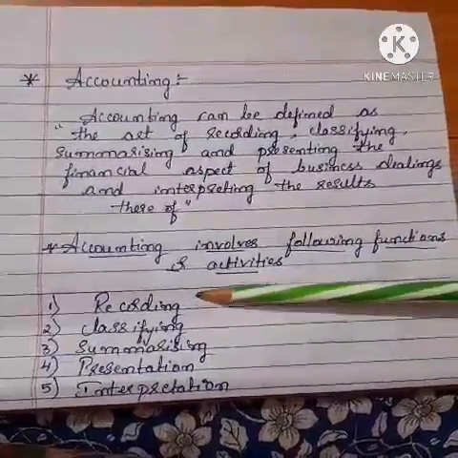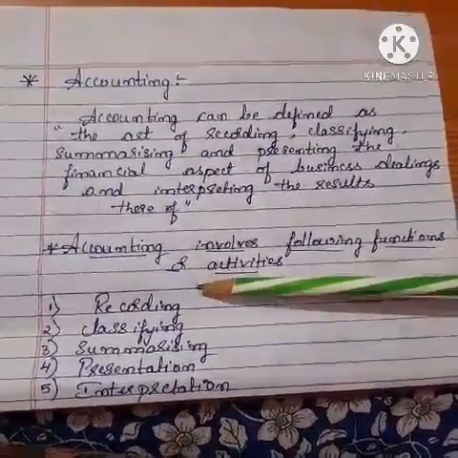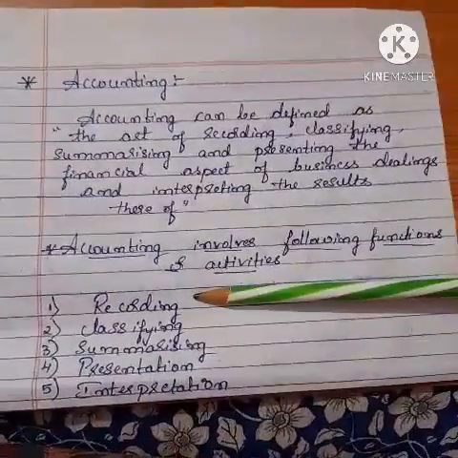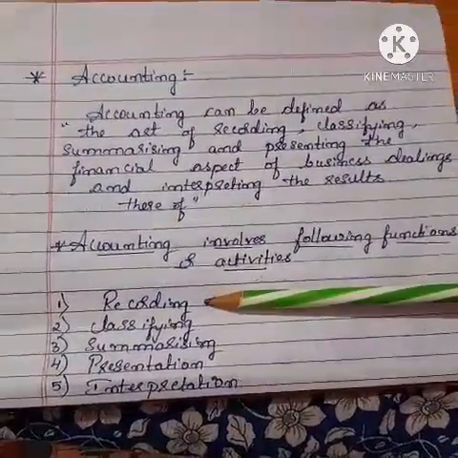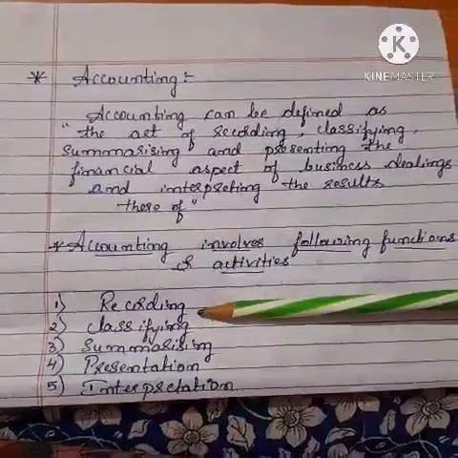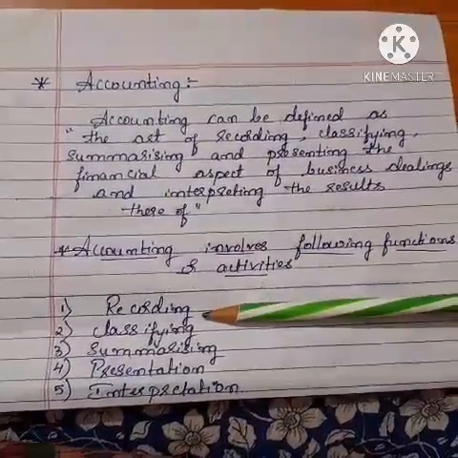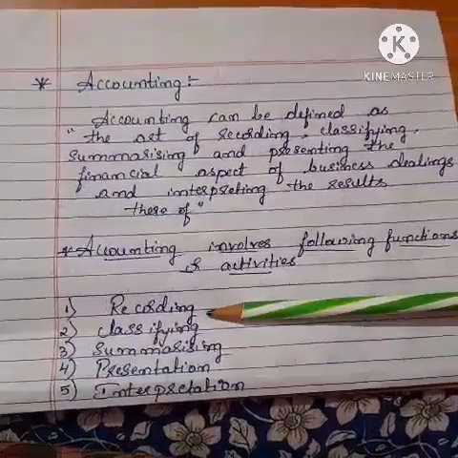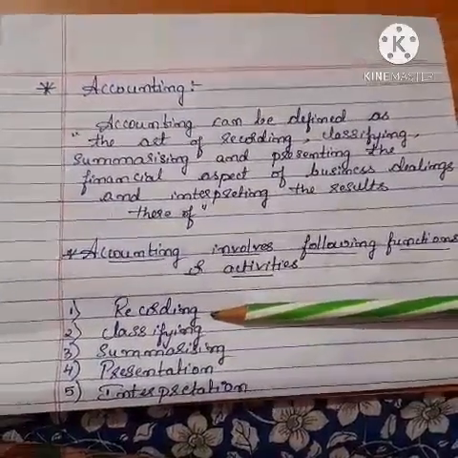So based on the principles and the rules of double entry, the recording can be done. What type of recording and what will be recorded? It will be recording all the financial transactions. Now coming to classifying. Classifying, also called analyzing, implies posting the transactions from the books of original entries,